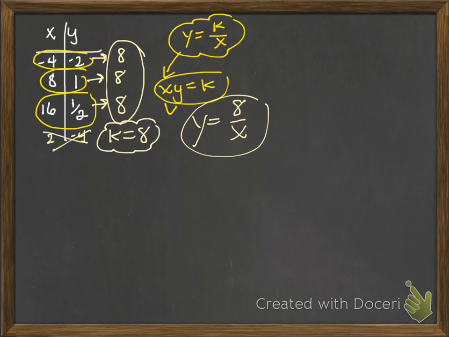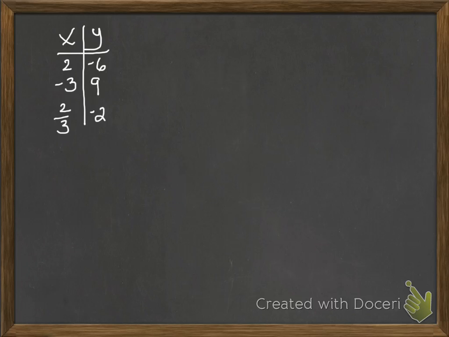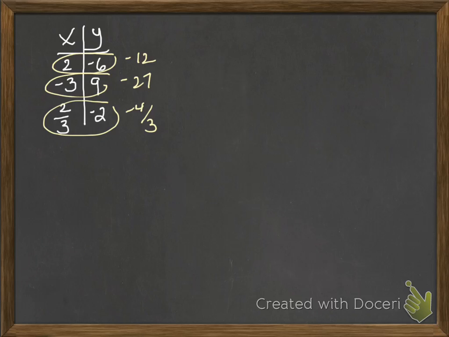Okay? Alright, now let's take a peek at the direct variation. Okay, in this example, I could easily see that if I were to multiply each of these together, I wouldn't get the same value. This would give me negative 12, this would give me negative 27, and this would give me negative 4/3. So I know right away this cannot be inverse variation. Okay? So let's start figuring out what it can be. Could it be a direct variation? So in order to do that, go back to the equation of a direct variation, which is y is equal to k times x. If you want to figure out what the k is, divide both sides by x,